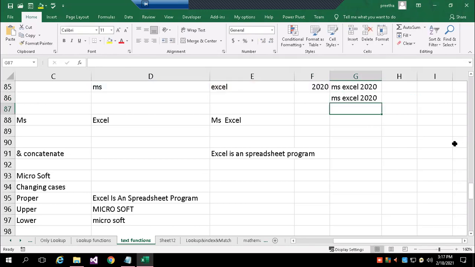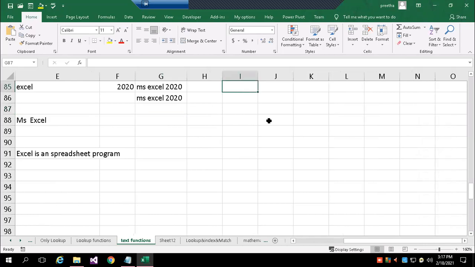So sometimes, for example, for an employee or for a student, we have data like this. First name will be there, last name will be there. So here full name will be there.